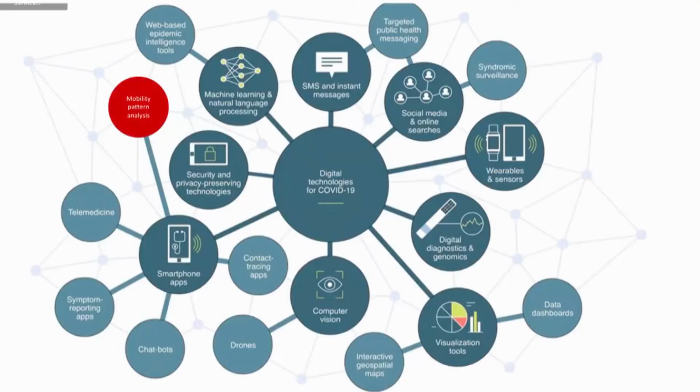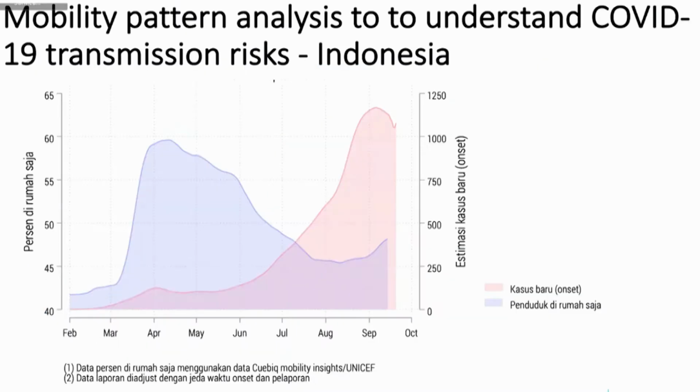Now I'm going to move to something slightly different, which is mobility pattern analysis using big data. I'm going to speak about an example specifically in Indonesia. Starting in UNICEF, we have a team called Magic Box, a big data initiative with a team of data scientists that work with partners to provide data, tools and insights that allow for epidemic modeling and forecasting. And they use their data scientists and their platform, the Magic Box platform, to look at the